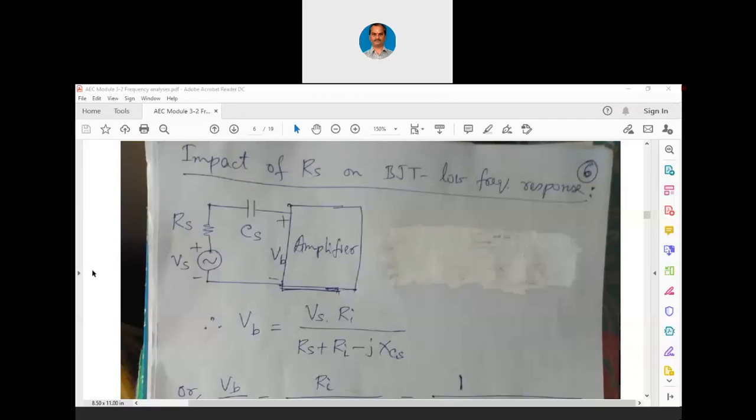In yesterday's class, we had seen how the low frequency response is arrived at by mathematically analyzing the BJT amplifier circuit, and we also solved one exercise to find out, of the three main capacitors or three external capacitors, which capacitor is predominant. Now, just to elaborate on that, let me try to write one small curve here itself.